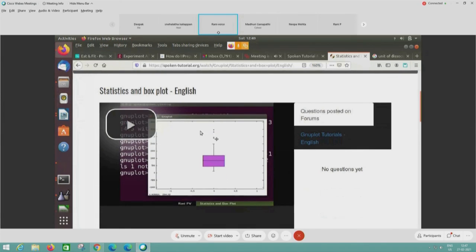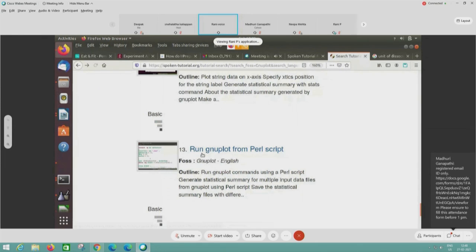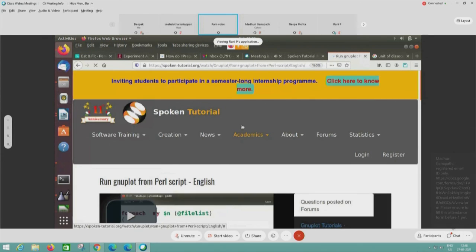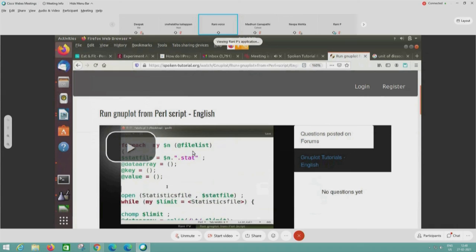In this statistics and box plot, we will create a box plot. For example, if the teacher wants to see how the students have performed, who have performed the best, who are the outliers, where are the box ranges, and who will be below the box, we can analyze all the statistical data in this. In the next, we will also learn to write a short script in this tutorial, and we will also label. For example, in the previous tutorial, I showed you a box and saw some students have performed very well. So we can see how we can label all those data.